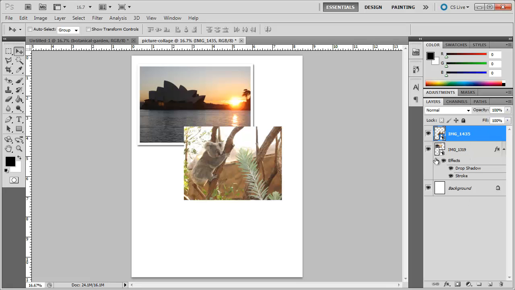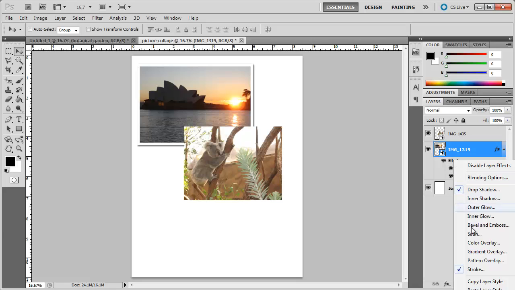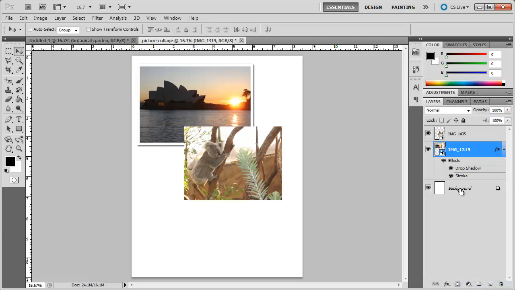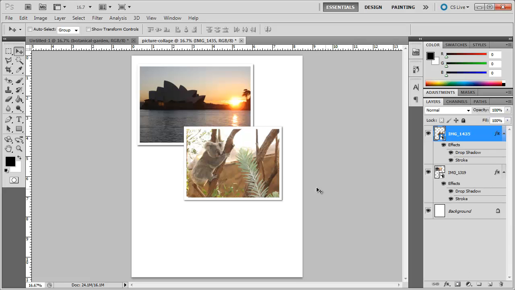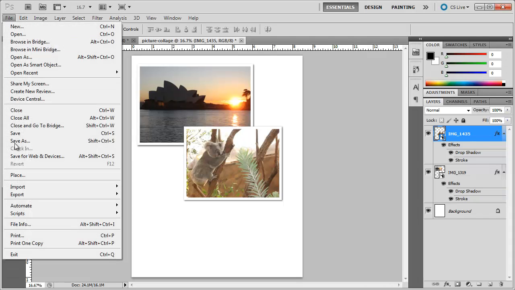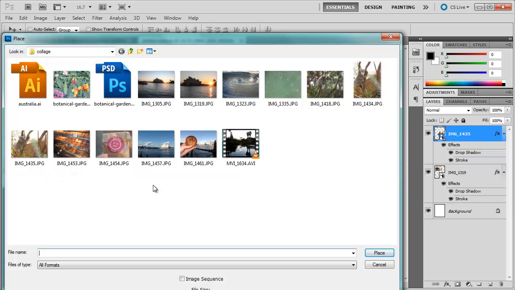Now I want my exact same effects that I applied to the first image applied to the second image. If I right-click on the word Effects, go down to Copy Layer Style, click on my next image, right-click, go down to Paste Layer Style. I now have the exact same settings, and I can do this for one more image. File, Place,